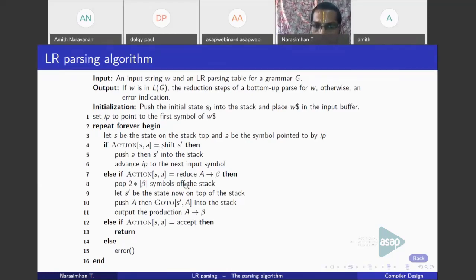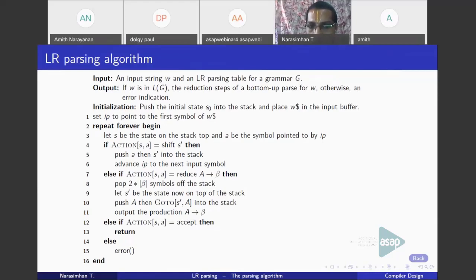Coming to the reduce operation. You are told to use the production rule A gives beta. So you pop 2 into length of beta symbols from the stack. If you do that many pop operations, you will be left with some state symbol on the stack top. Let that be S dash. Now what you need to do?